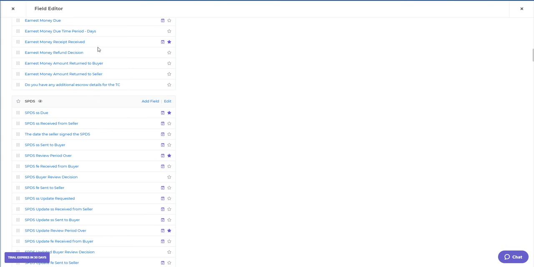Earnest money, let's see, receipt received. So I use a lot of receive dates, because the reason I like to use receive dates is so when the TC receives the file, they'll go ahead in here and say, hey, I received this. I'm going to go ahead and put the date in here. The reason I like this is because now this date can calculate the time period to have it back to